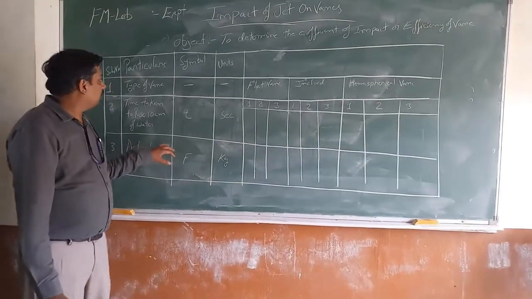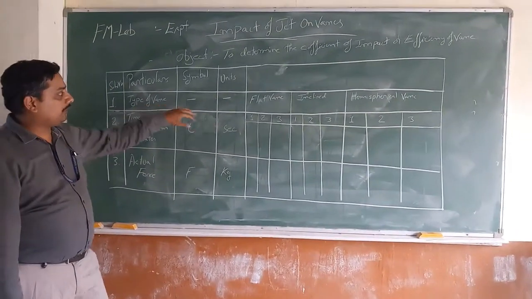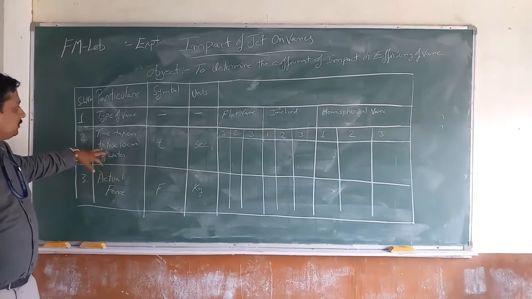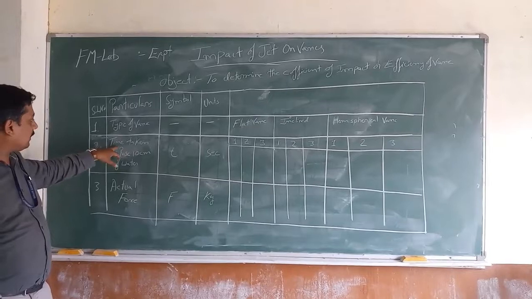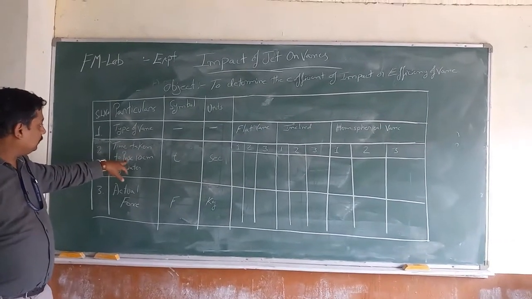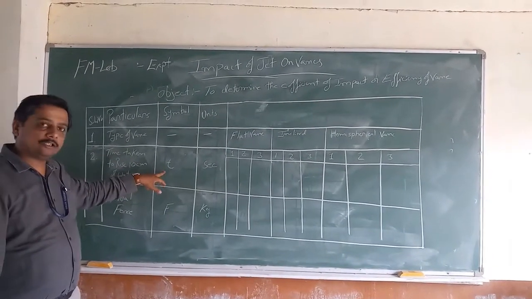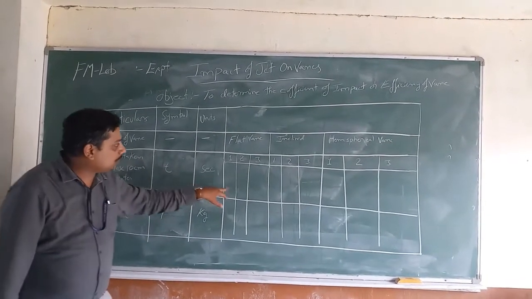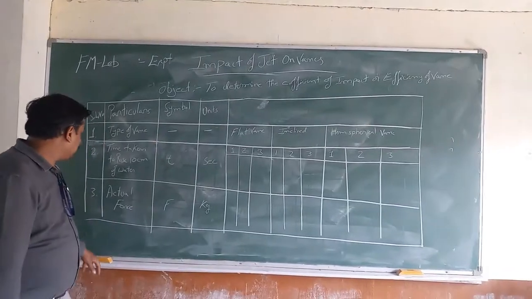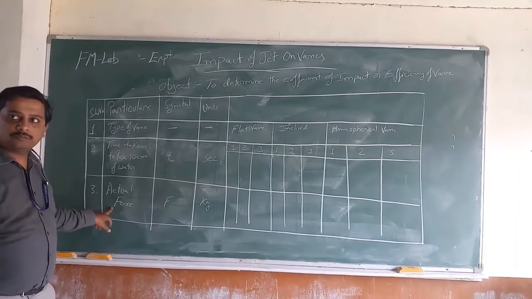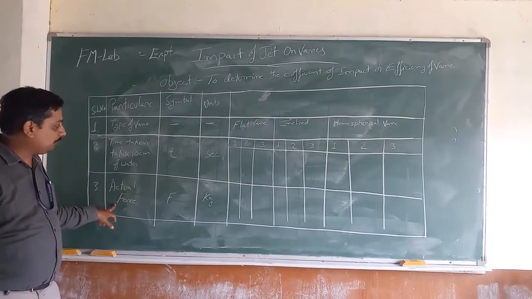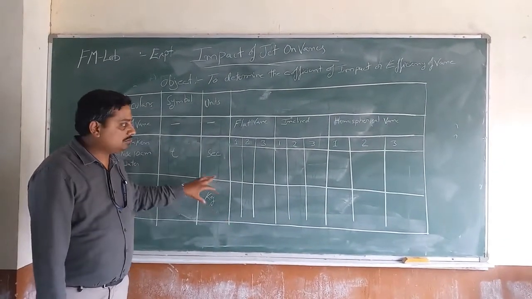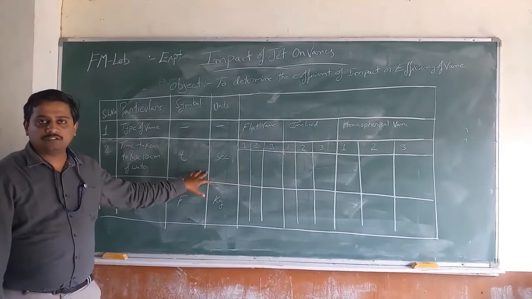These are the observation and tabular columns. The type of vane: flat, inclined and hemispherical. The next observation we should take is the time taken to rise 10 centimeter of water in the collection tank, t seconds. The number of trials you can do here is a maximum of 3. The actual force, the force measuring device set up on the instrument, you need to measure that force in terms of kg. So this is the observation and tabular column of the experiment.